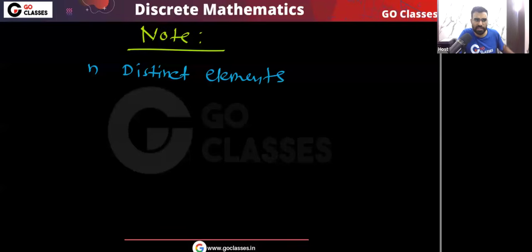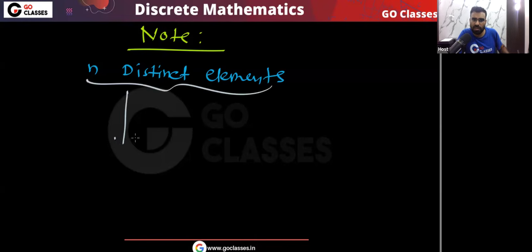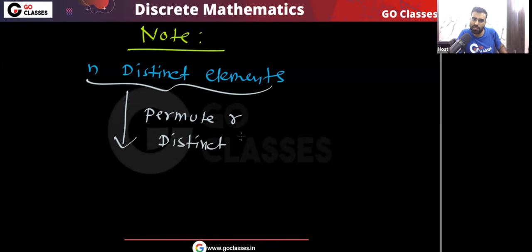The note is like this. If you have a total of n distinct elements, and from these n distinct elements we want to permute R distinct elements, meaning without repetition, how many ways will there be?